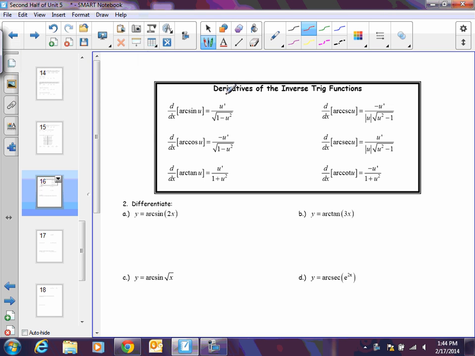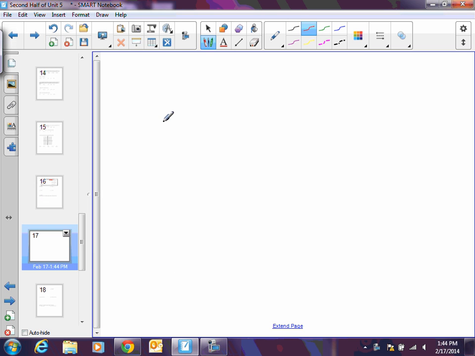So before we do the derivatives of inverse trig functions, I really want to review what inverse trig is. So turn over to the very back page of your packet where it's completely blank, the very last page. And I want to review inverse trig. So the first thing is